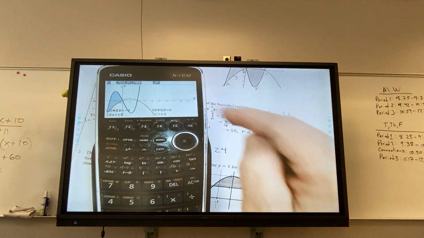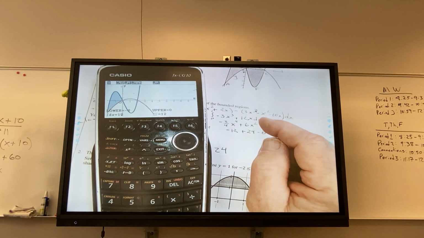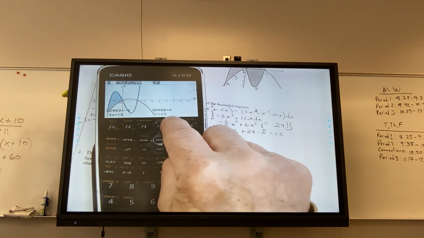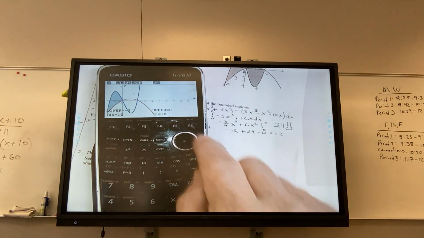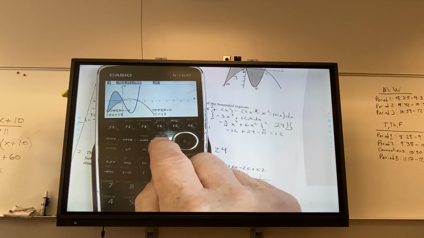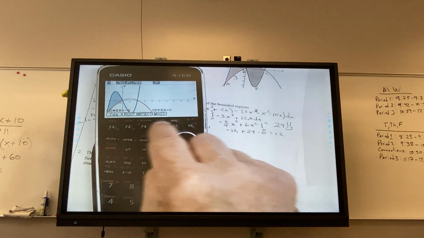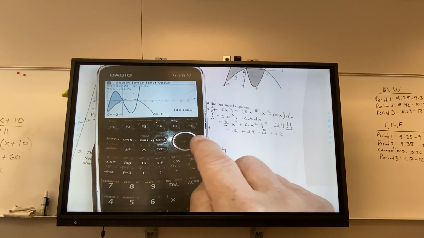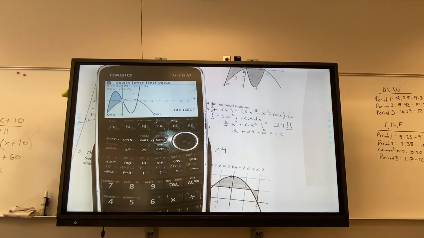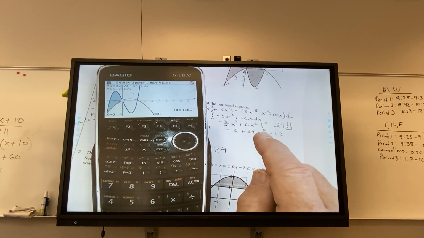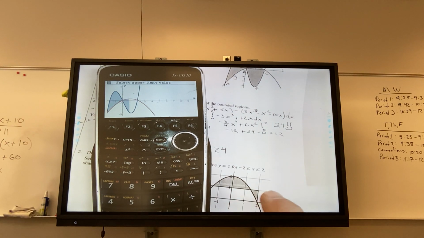And so see how it shaded it in? It gives me that value. And so I know it's 12 right here, tells me it, and then I can do it again. So intersection, I'm gonna choose that one, then choose that one. It shades it in, I get another 12. So I think Casio,